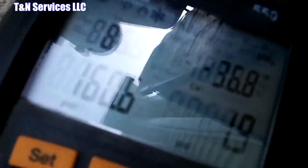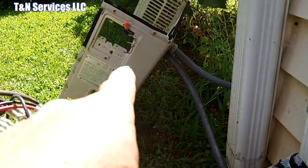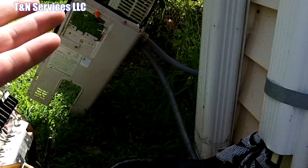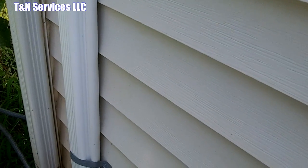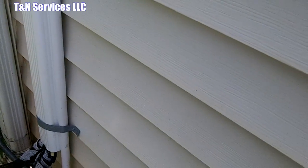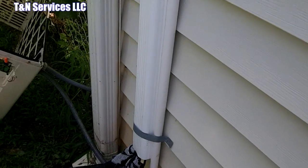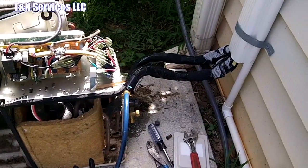I started off with 160.4 as far as my pressure test goes. As you see, it's going up, so, you know, I think we're good on this one. I just got to put the unit back together because there's the back and the side. There is no disconnect out here. I don't know, whoever put the unit in did not put a disconnect outside for the unit. It's a very poor install, but you know, what are you going to do? So the homeowner is not here, so I'm going to get it put back together as best I can, get a vacuum pulled on it, and